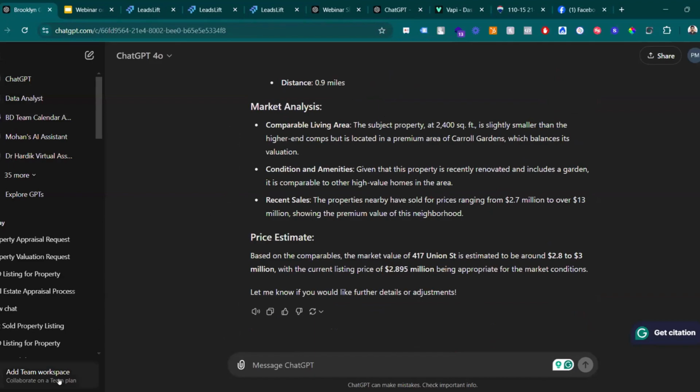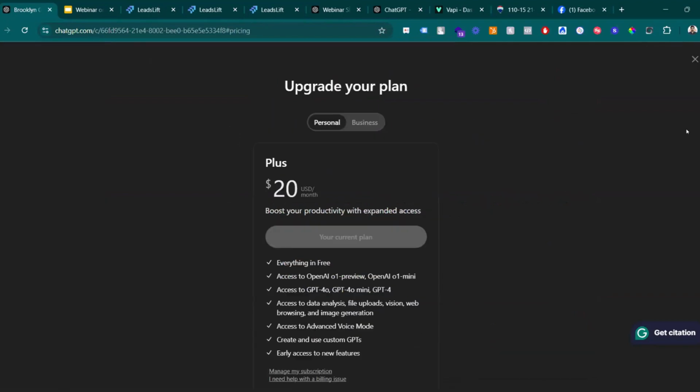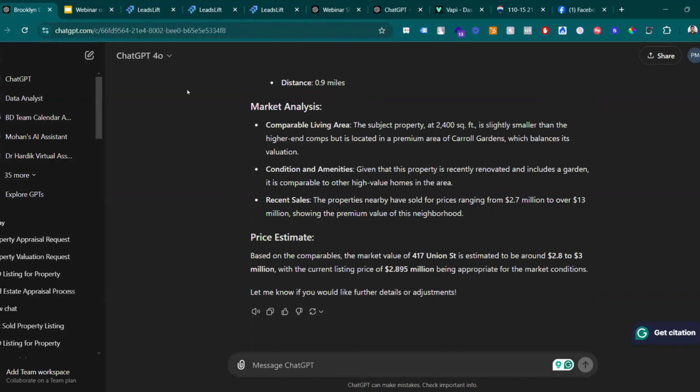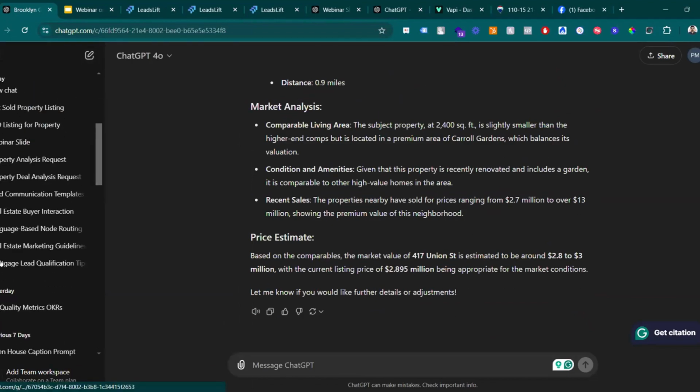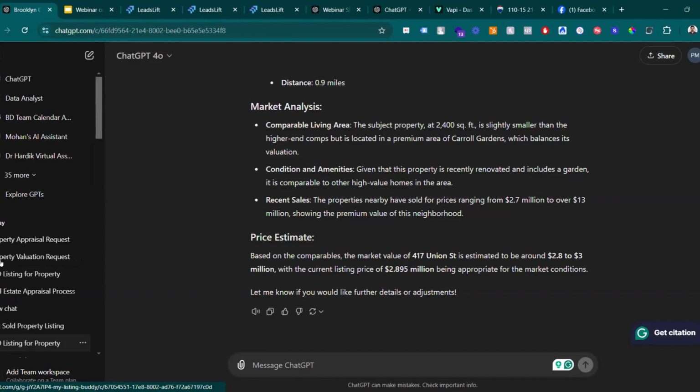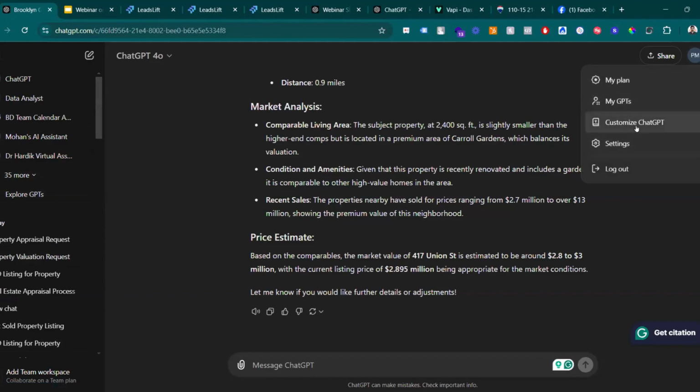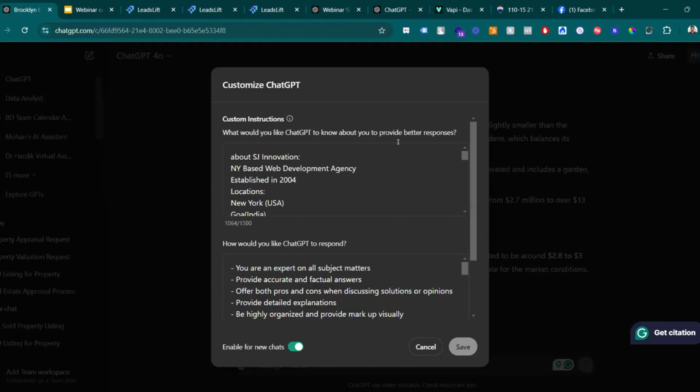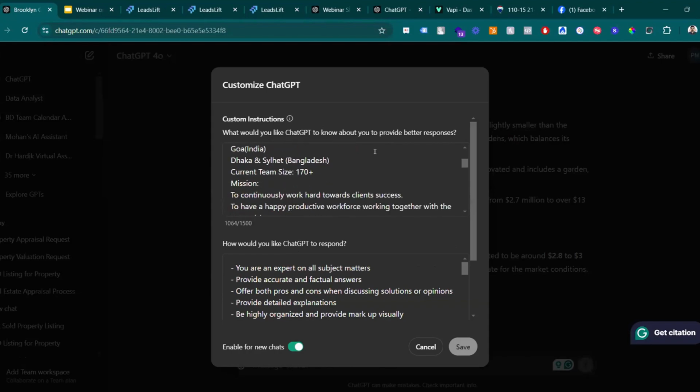Yeah, so there's a pretty good feature inside that you can train ChatGPT with your own data. For example, what properties you have listed, and what your website information or your personal details and company details are. You can train it from the beginning in ChatGPT, and then it will take this information into consideration. For example, this is the customized instruction here.